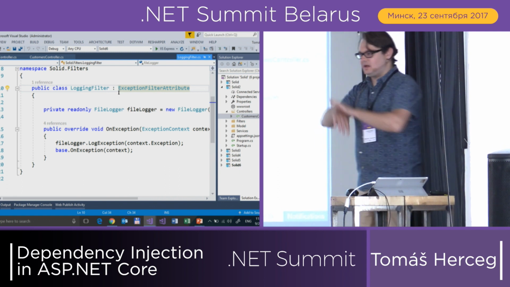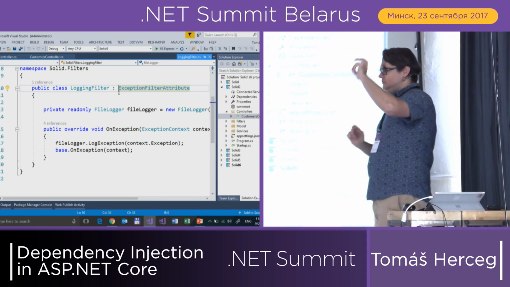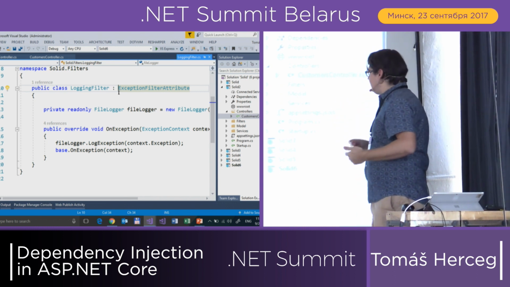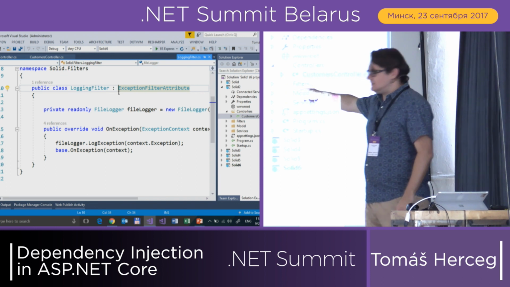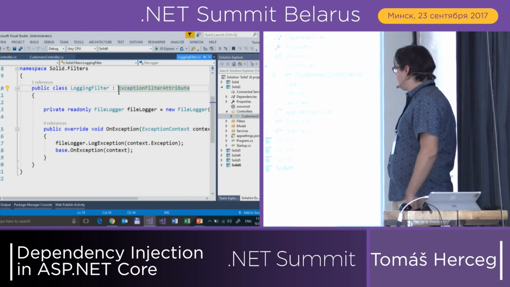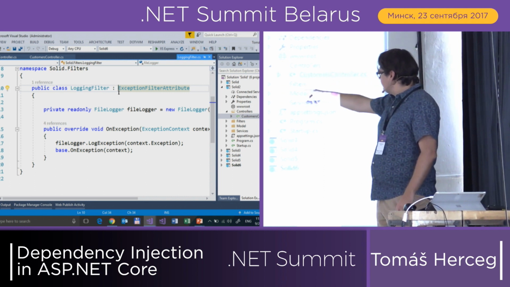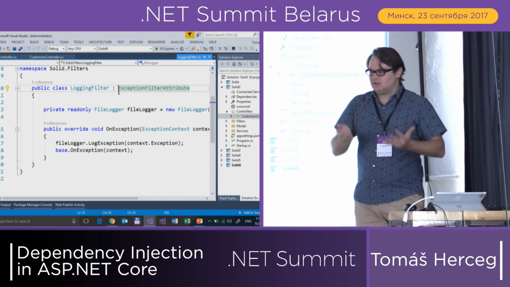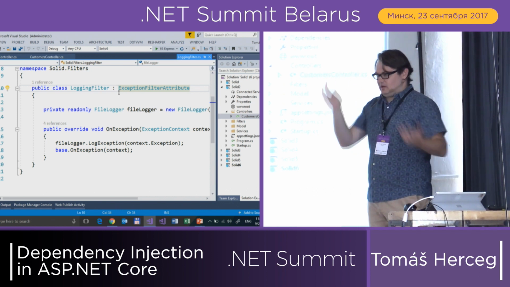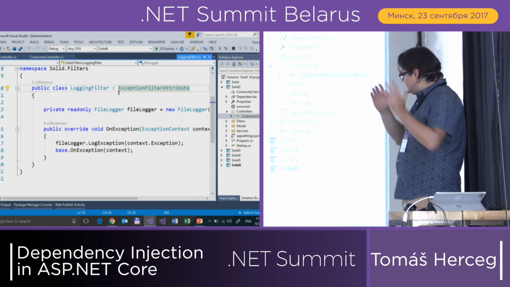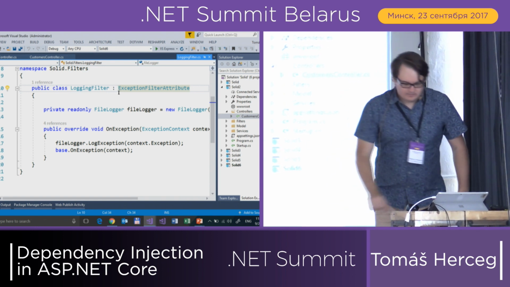Exception handling is done by ASP.NET Core infrastructure. So I have gotten rid of the try-catch block because it's implemented in the exception filter attribute. If there is an exception during processing of the request, I'm using a service called file logger. I'm not doing logging in the filter because it's supposed to handle the exceptions. I'm also delegating this functionality to a file logger, and